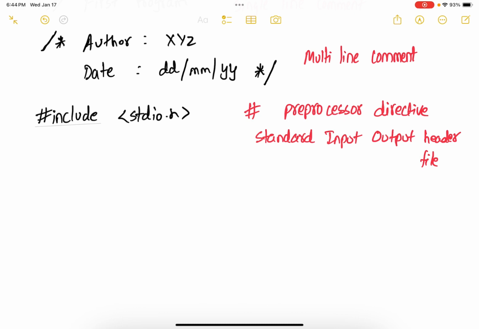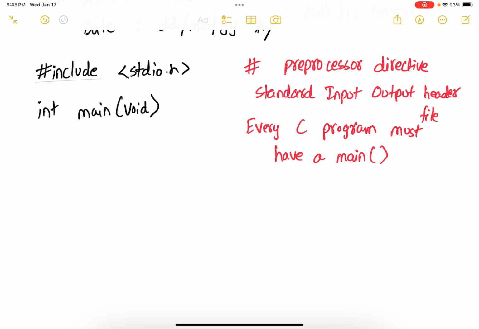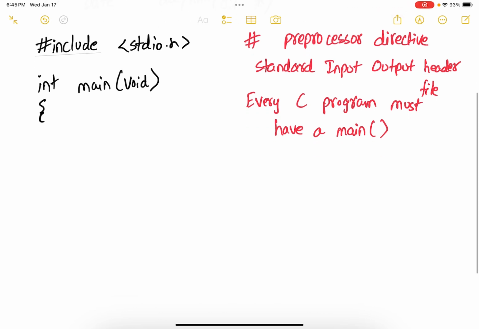The next line in our code was int main void. For now, forget about int and void. Just remember that every C program must have a main function. Now we start the main block by putting the opening curly brace, and the first statement under main was